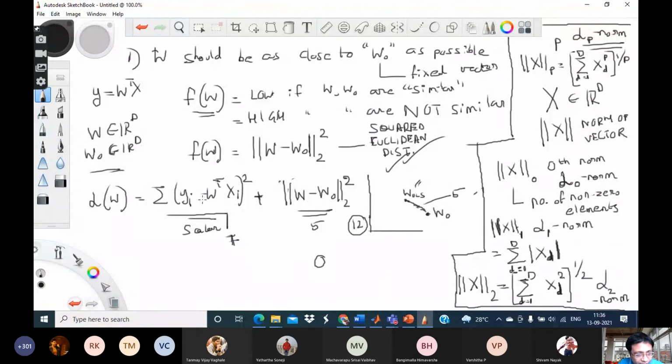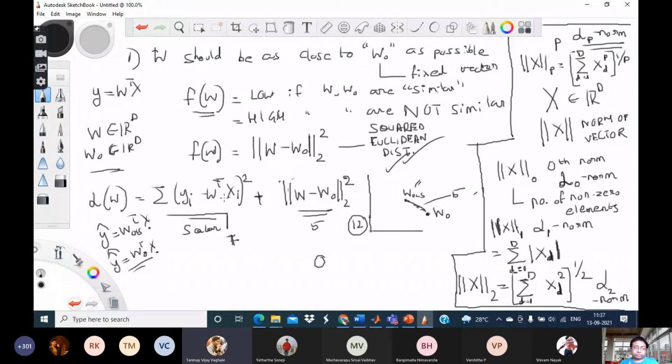Earlier I was making the predictions in this way, WOLS transpose X. Now I am suggesting that I make the predictions in this way, W naught transpose X. Okay. So in which case will the errors be higher, when I use WOLS, or when I am using W naught? Only this part of the error which will be higher.